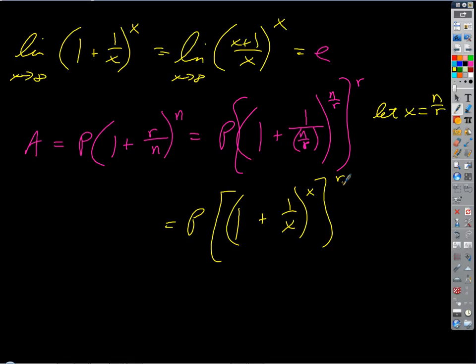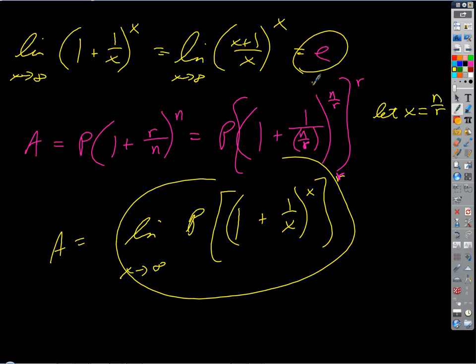If we're going to let n go to infinity, we have to do this as a limit. We can't plug infinity in, right? You see where I'm going with this? So then a would equal the limit of this whole thing as x approaches infinity. And this whole part right here is just equal to e, isn't it? You see what I'm saying? Right, you get that? And so then this all ends up being e to the r,